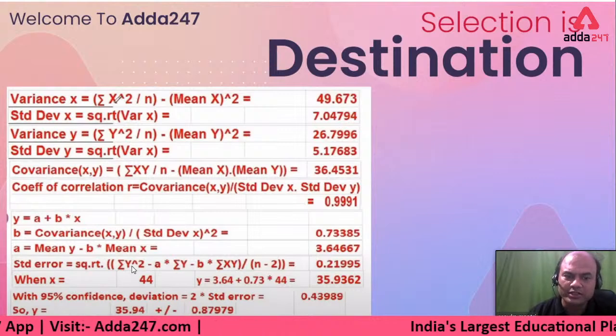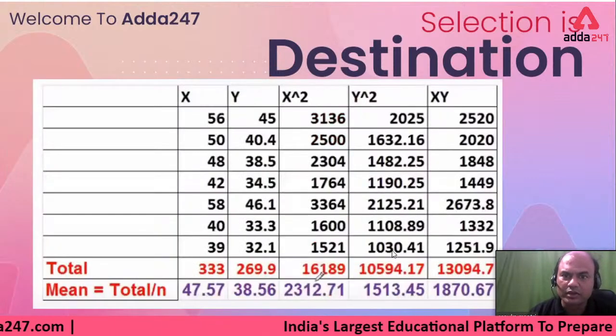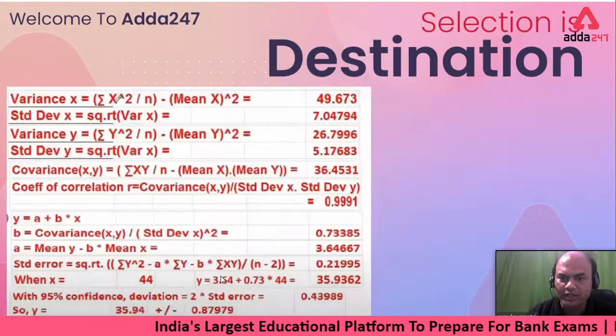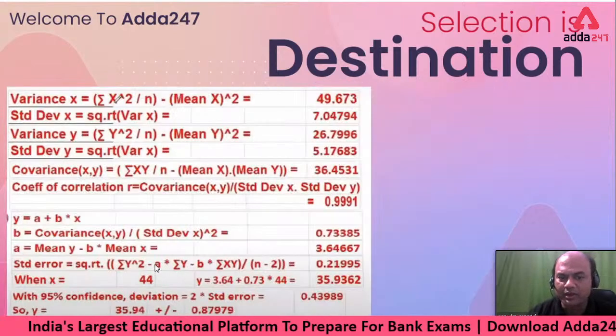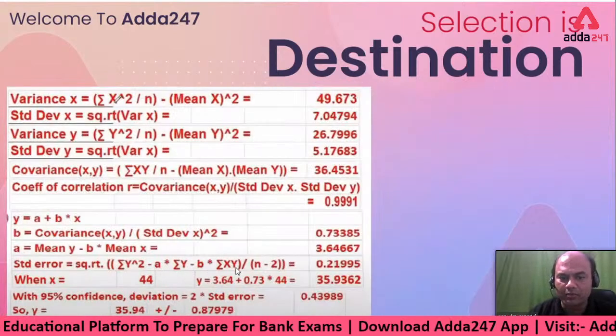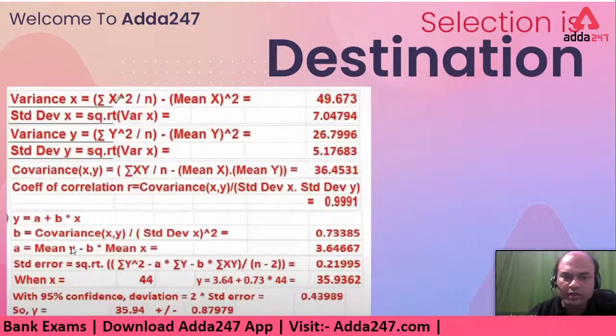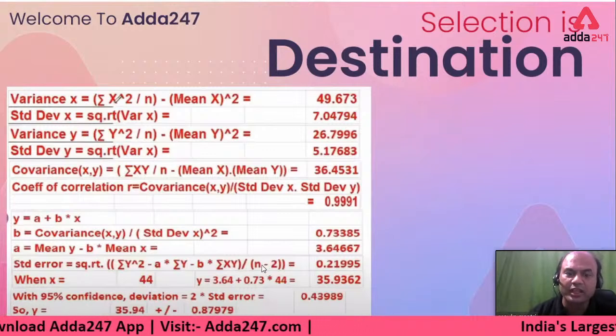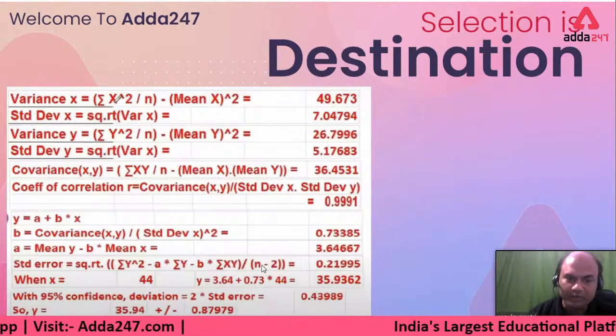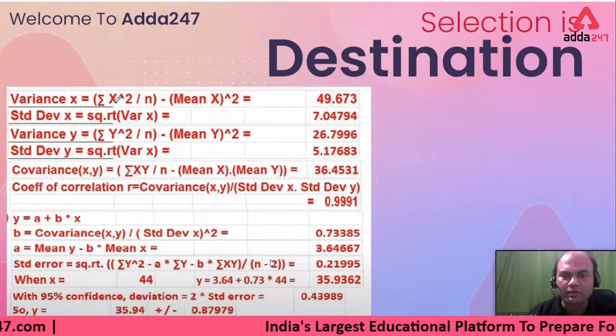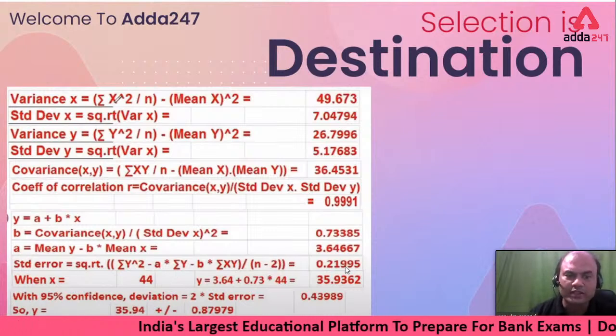Y summation a y square, I'm having it. It's over here, this one, 10594. Summation y, I'm having it. A, I'm having it. B, I'm having it. Summation xy, I'm having it over here, right? So it means I'm having all the values. And what is n? N also I'm having it. So I'll just input the values of all these. And what do I get? Standard error,